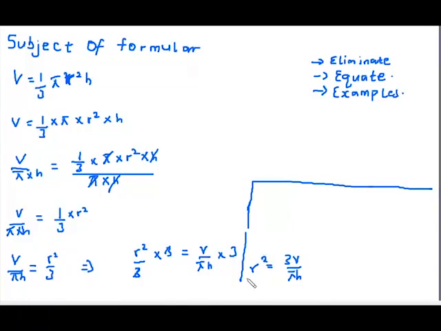Remember, we're looking for the subject of formula of r. We are making r the subject of formula, not r squared. So we are going to take the roots of both sides to cancel out the squared with our r. So this becomes the square root of r squared, and I'm going to take the square root of both sides. So the square root of 3v over pi h, which is ultimately r, as square cancels square root, so r equals the square root of 3v over pi h. So that's the answer. Now let's take another example,